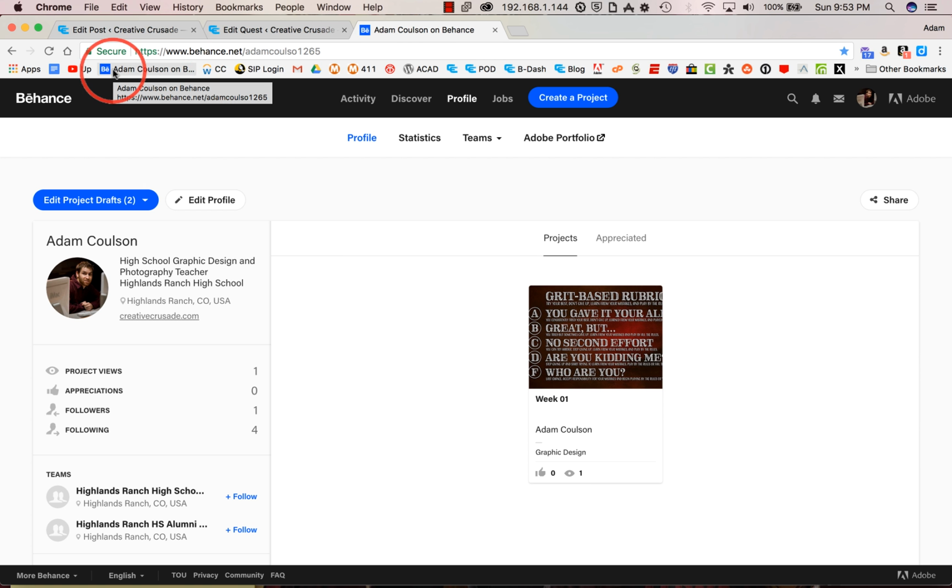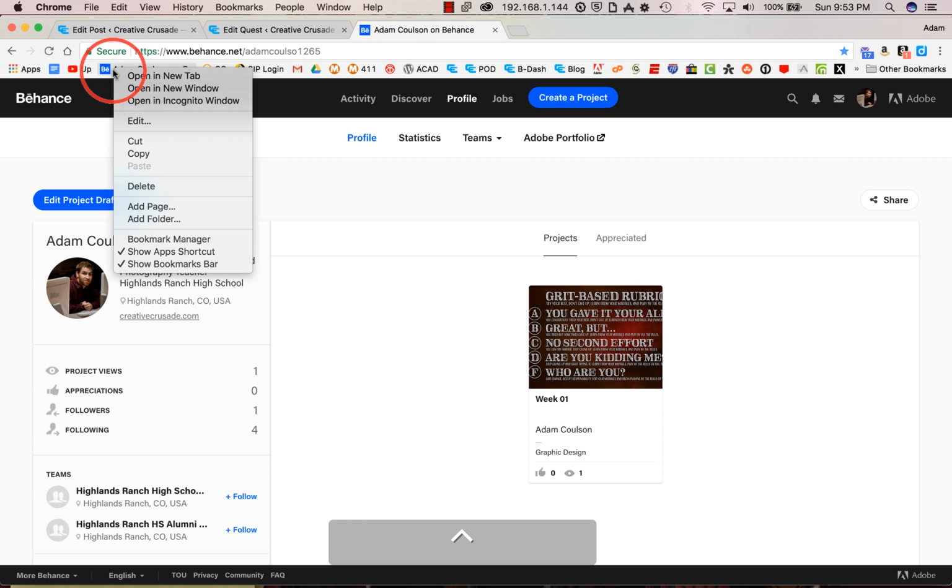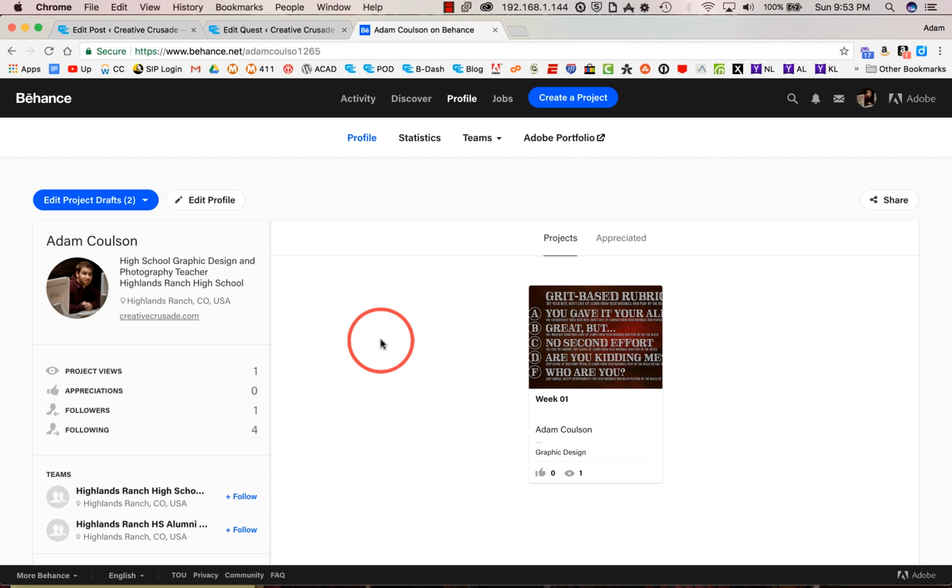You can get rid of them very easily too. If I control or right click it, I can delete and it's gone. So simple enough. Second thing is on your current Behance posts, many or most of you have created the Illustrator